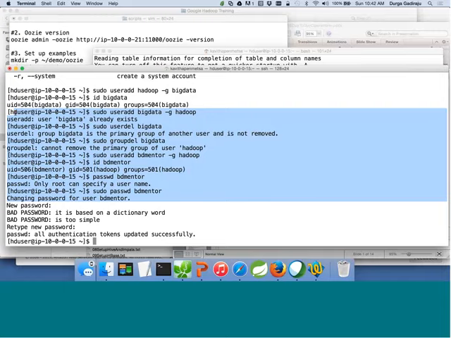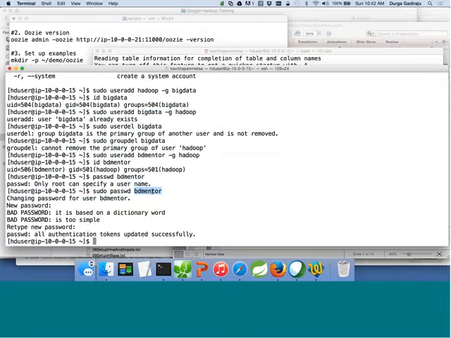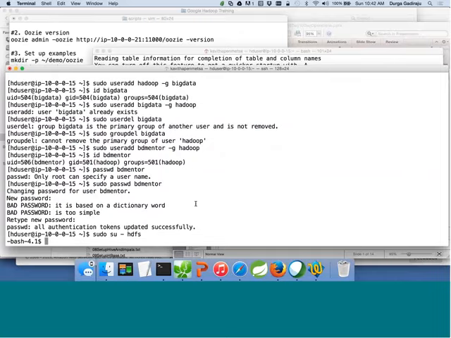Once the user is created, now the Hadoop admin role comes into the picture, where he has to create a user space for that user, like BD mentor, in HDFS. So when such a request comes, the administrator has to sudo to HDFS, because HDFS is a user, and he is the owner of the HDFS which is distributed across many nodes in the cluster. Okay. Now after sudoing to HDFS, he has to run the hadoop fs command,